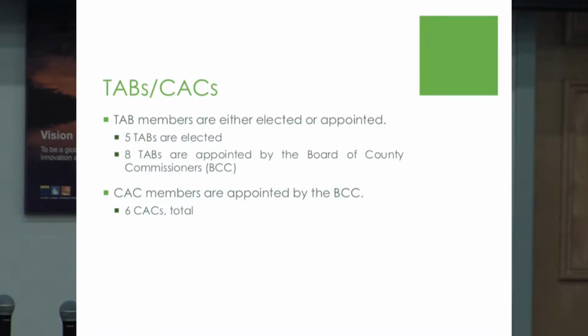The next thing, as I mentioned really briefly earlier, first of all, there are 19 town boards and CACs in total. Of the 19, 5 of those are elected. And we have in the Northeast the Moapa Valley and Bunkerville town boards, and then in the South, the Laughlin and Searchlight town boards. So those are elected. The other 14 town boards and CACs are not elected, and those are all appointed to the respective boards. Same thing with the CACs that you see there.